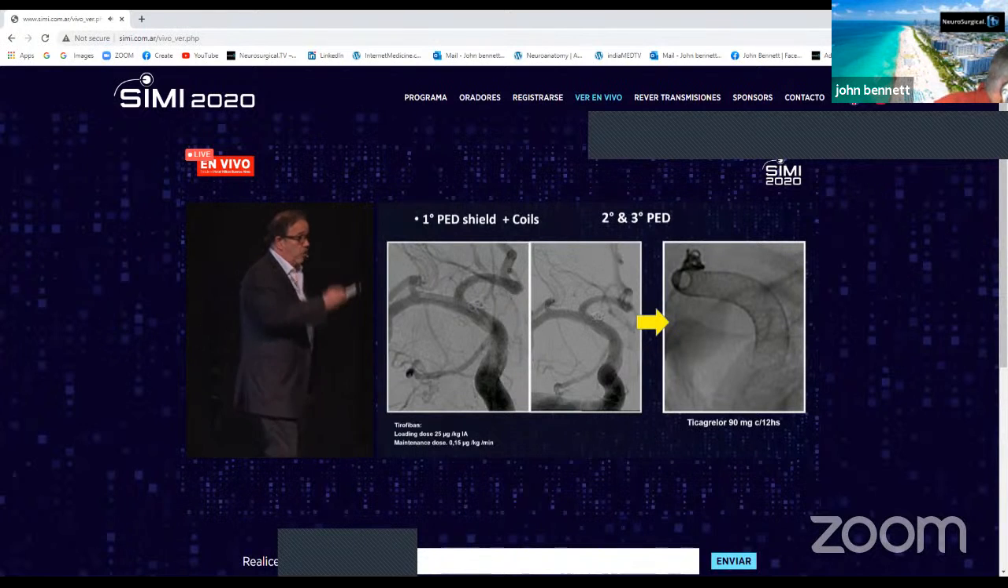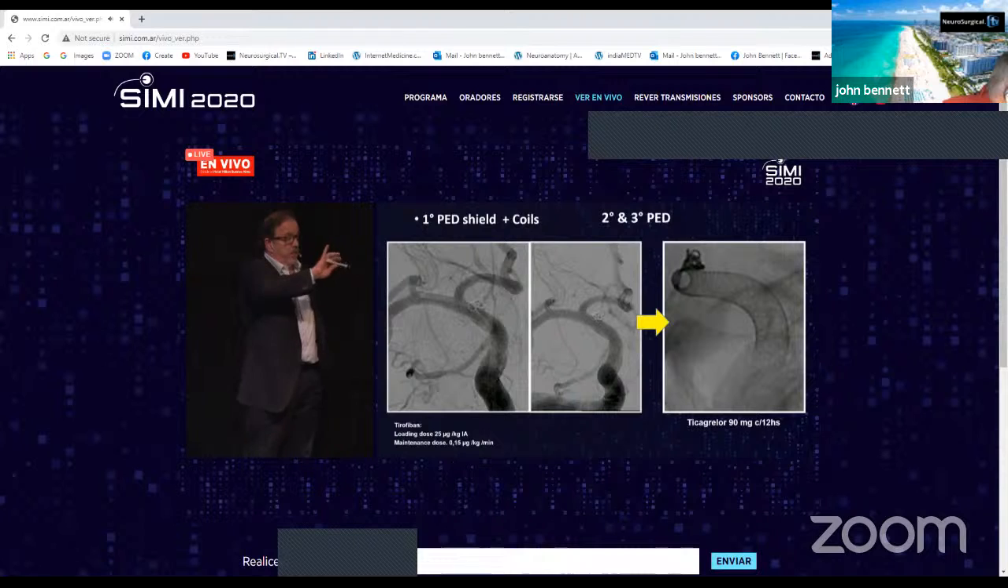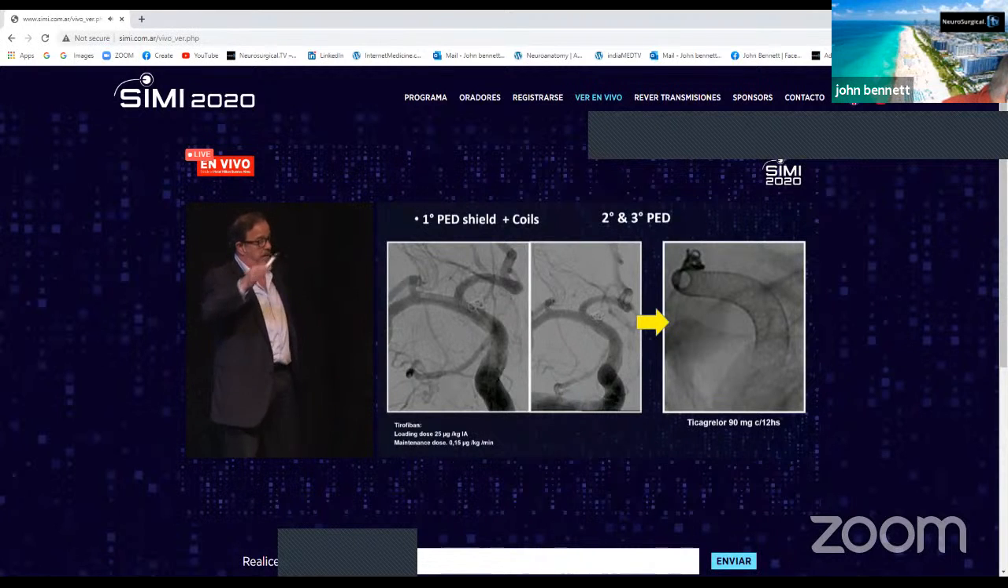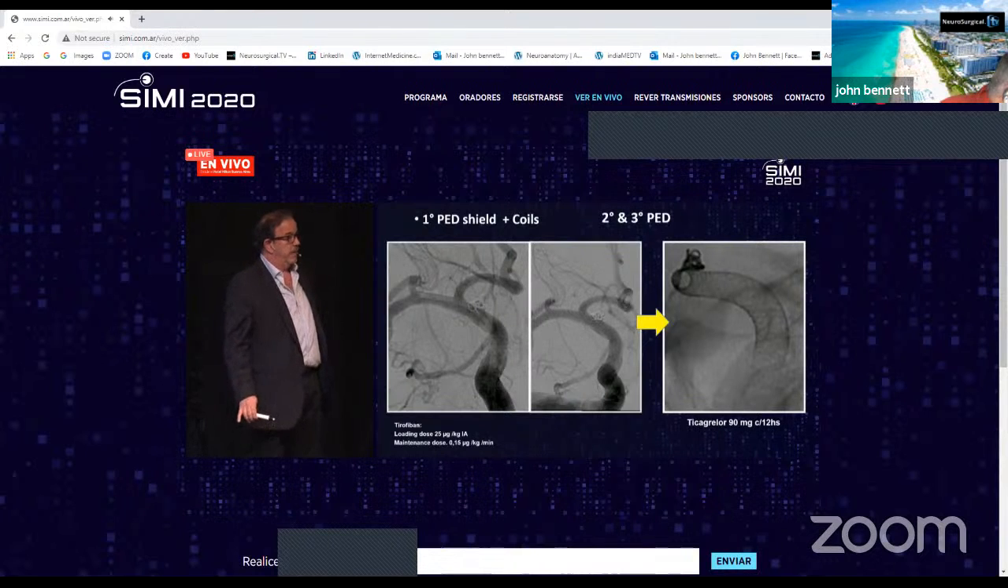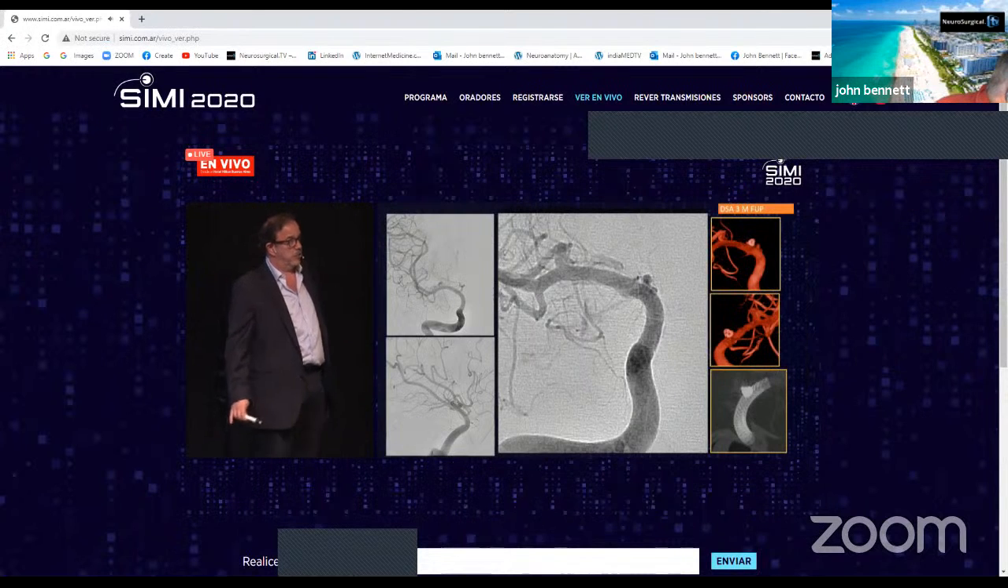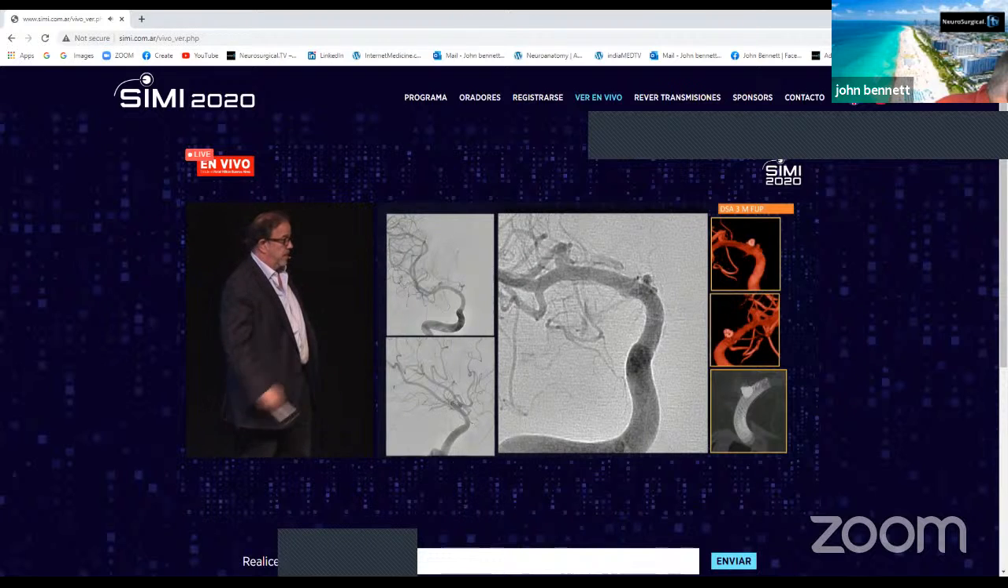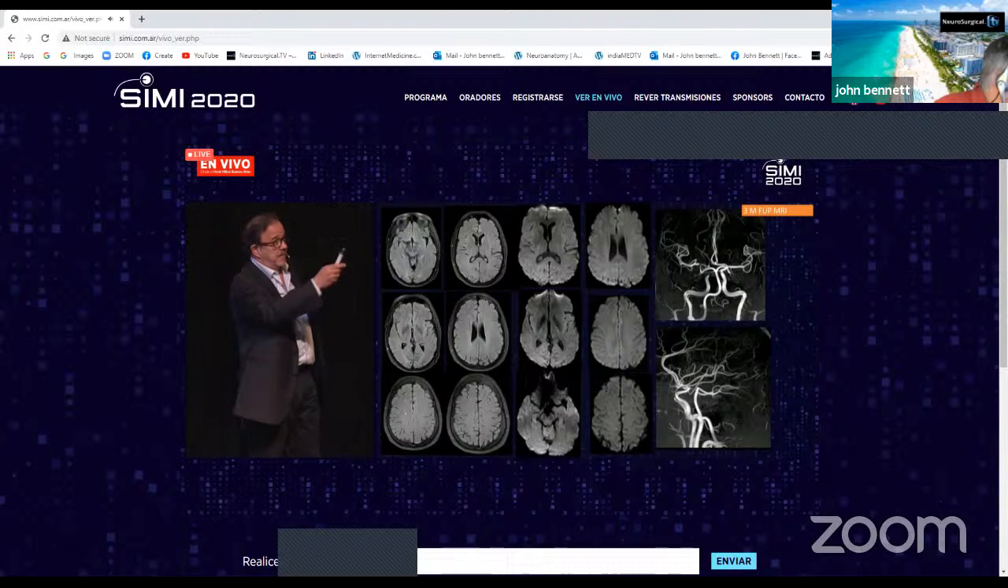intentar colocar coils, que fue lo primero que se hizo, y después, por supuesto, como es un blister y está otra vez lastimada la pared de la arteria, la mejor forma de reparar esto es colocar un diversor de flujo cruzando el cuello del aneurisma en su totalidad, lo cual va a permitir mantener los coils en el saco y reparar el daño del endotelio. Acá hubo que poner 2 o 3 diversores de flujo para ocluir completamente el aneurisma, y esa es la angiografía